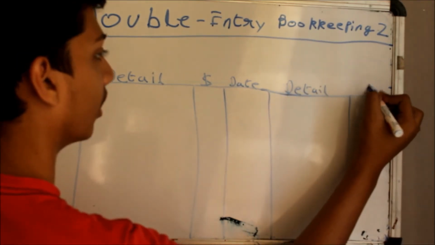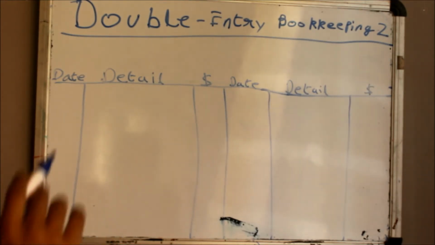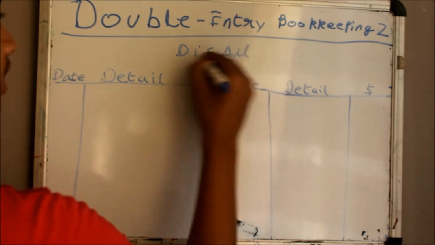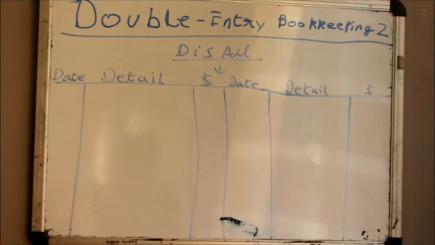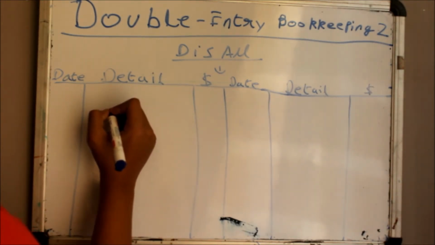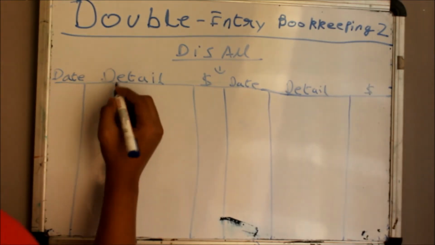Alright. So let's just say this is the discount allowed account, this one, right over here. And if we have allowed the customer a discount, I'm so sorry about that mix up, then on the debit side of the discount allowed account, we are going to write,